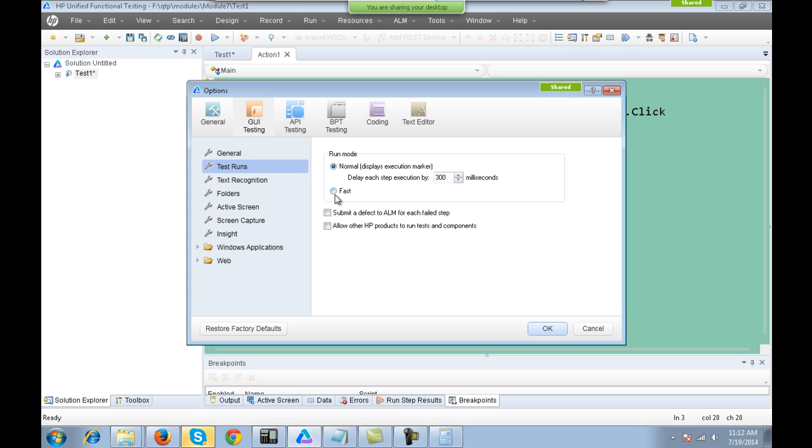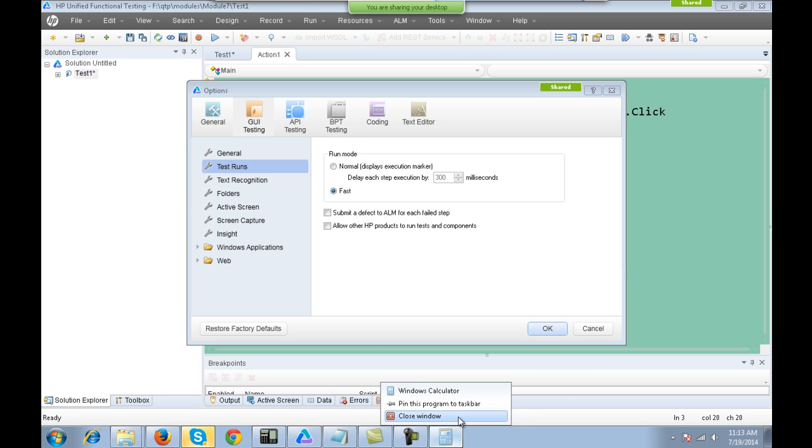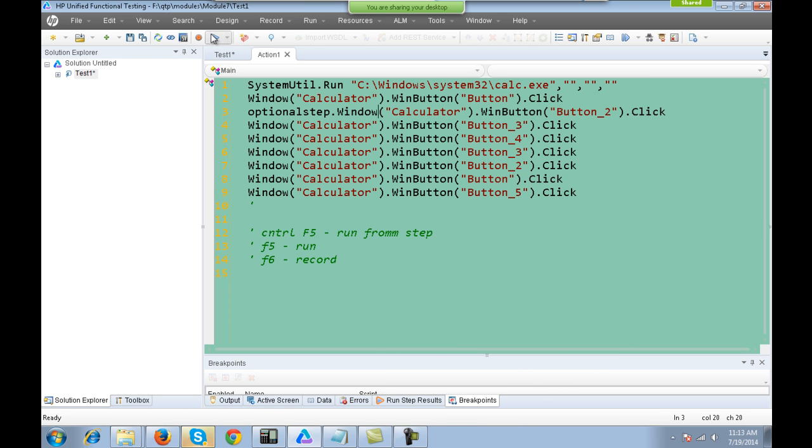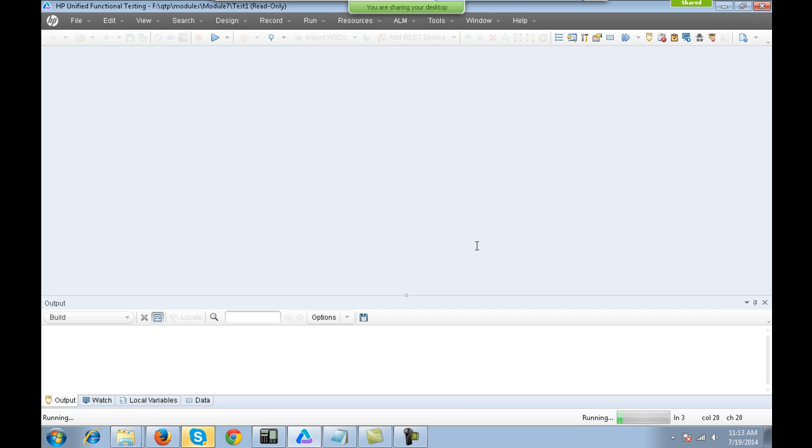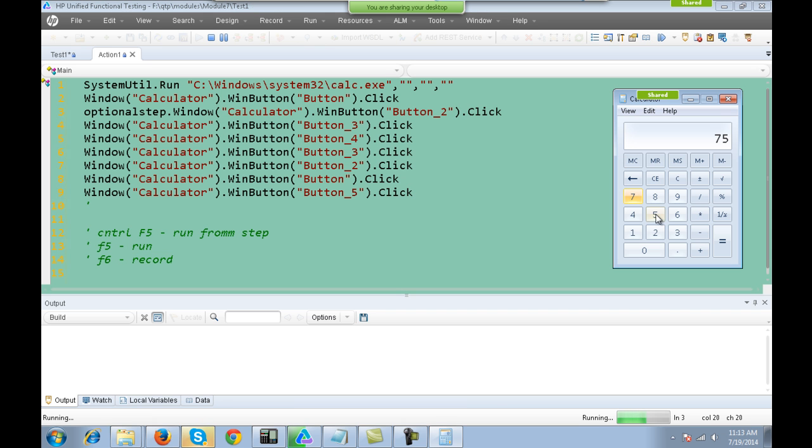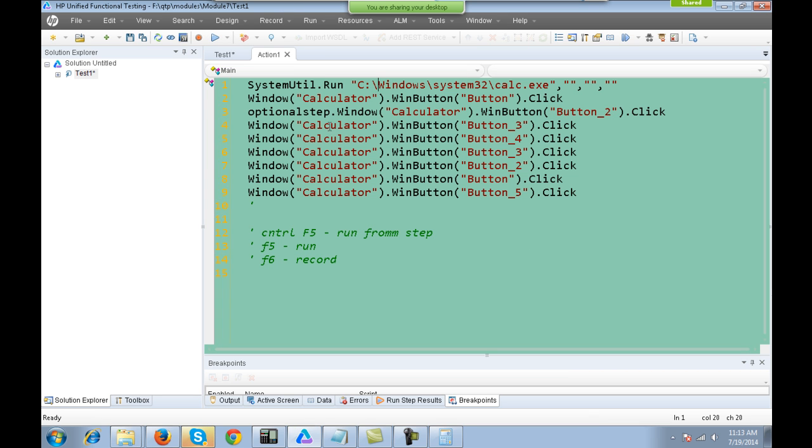There are two types of run options, a fast run option and a normal run option. By default we have the normal run selected. You have the fast run as well, in which the script runs very fast and you will not see the yellow line coming up. If I run this now in fast run, you'll see that it's running quite fast and you don't see the yellow line which points to each and every line when the script executes.